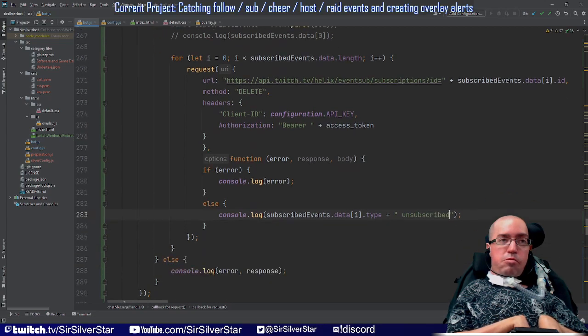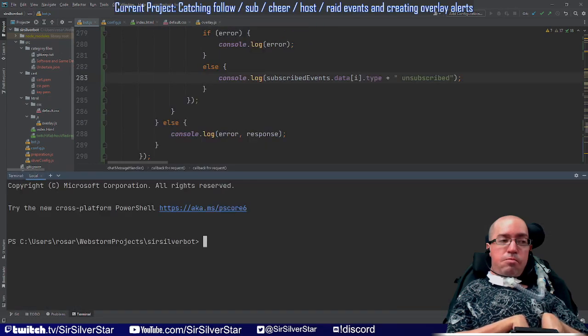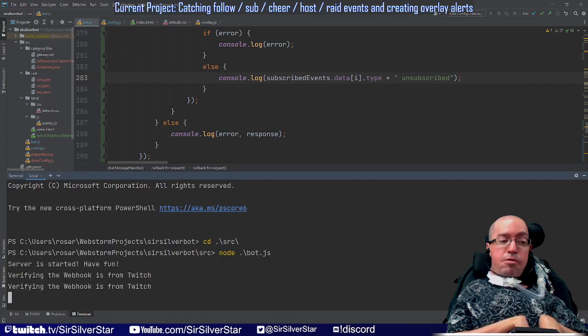And that's it. Other than this, that's actually everything that we need, or at least it should be, in order to get our bot to work. So the test for this is going to be to actually turn on the bot and see if we are getting actual events. We're going to cd into the source folder as per usual, and then we are going to start the bot, and we are verifying some webhooks,